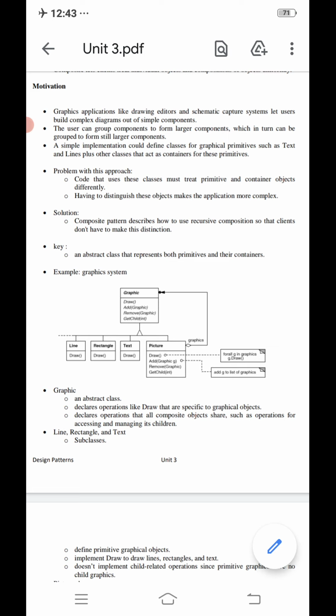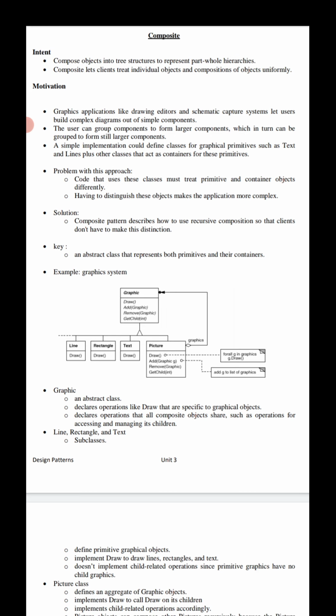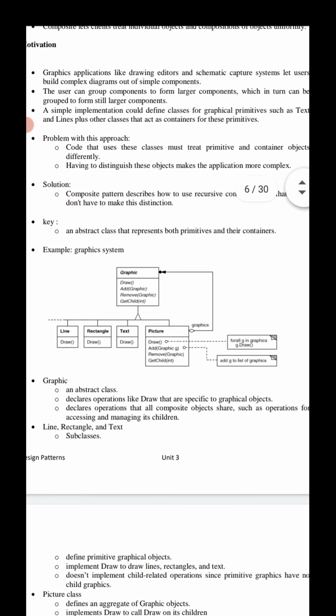Because the picture interface conforms to the graphic interface, a picture object can compose other objects recursively. Look at this concept diagram, do all of you understand?